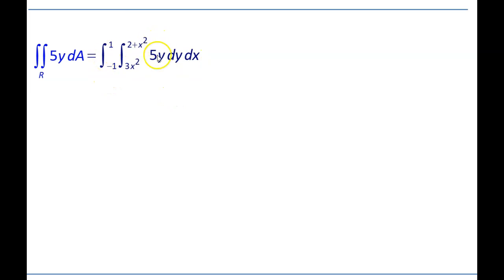Alright, well, let's integrate. How do I take the antiderivative? What's the antiderivative of 5y with respect to y? Well, it is 5y squared over 2. Add 1 to the power, divide by the new power. Now, these are y's. So we're going to replace y in these things with 2 plus x squared, right, and square that. And then we're going to plug in 3x squared for y